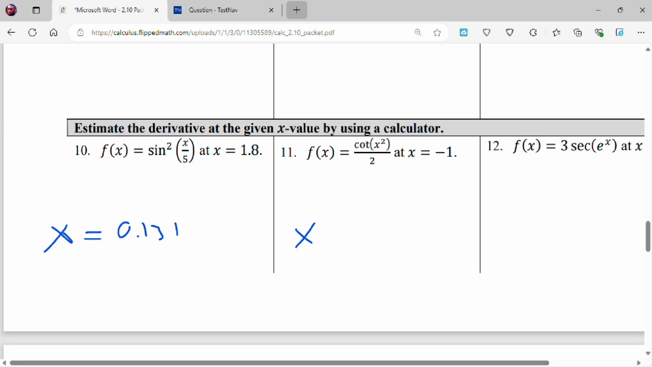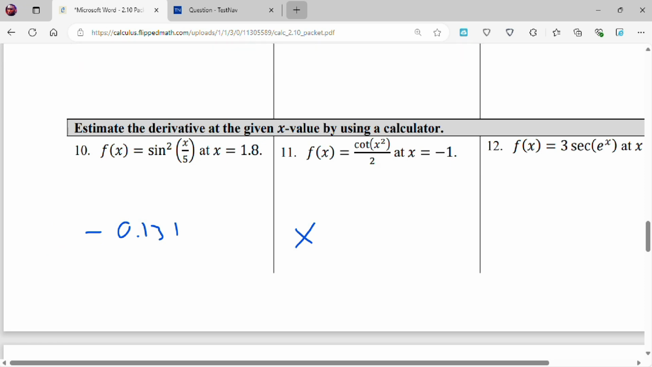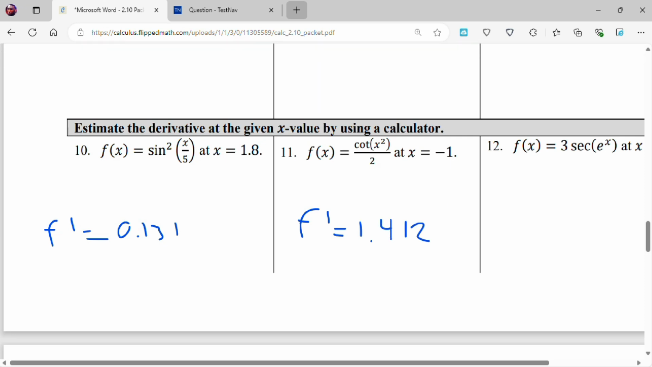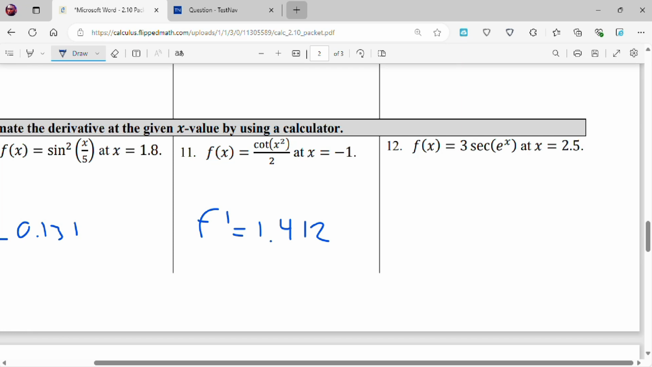Oh, this shouldn't be x. This should be f prime of x. So hold on, let me rewrite that. f prime equals 1.412. Our last one on the calculator is going to be f equals 3 secant of e to the x